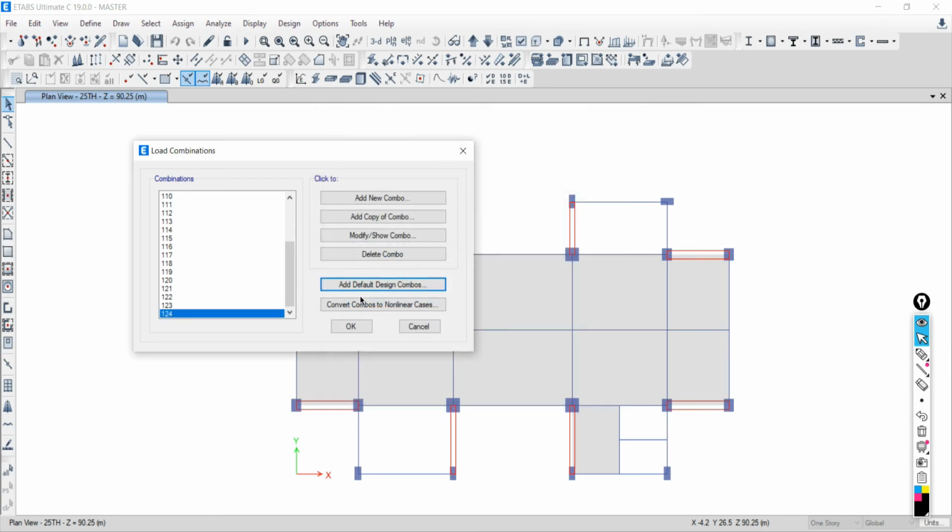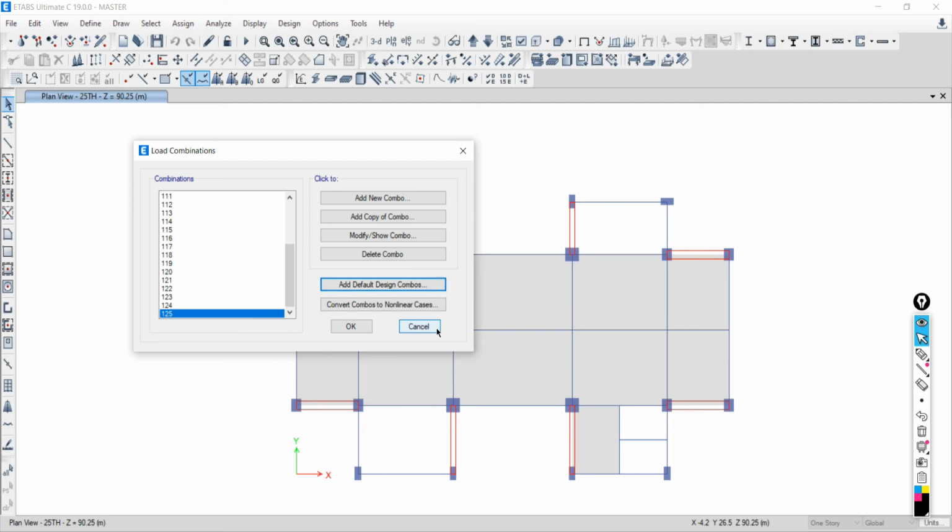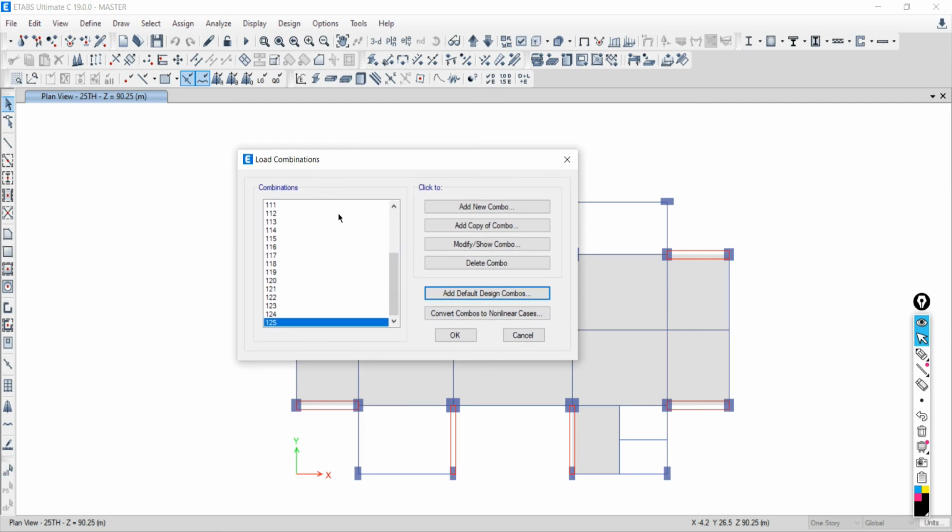Positive y, so OK. Add copy of combo 125, and it will be negative y. And in this way we have completed defining the load combinations for column and shear wall, where the reduction factor is there, and all of these are factored load combinations. Is that all okay?